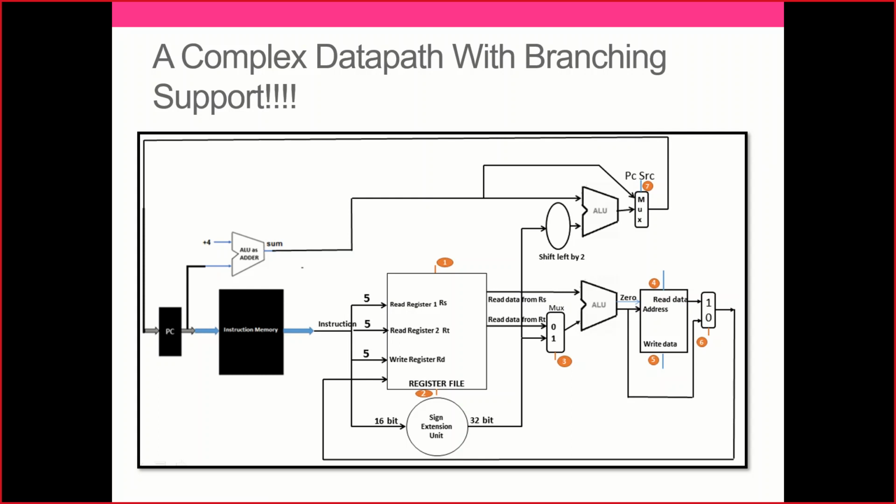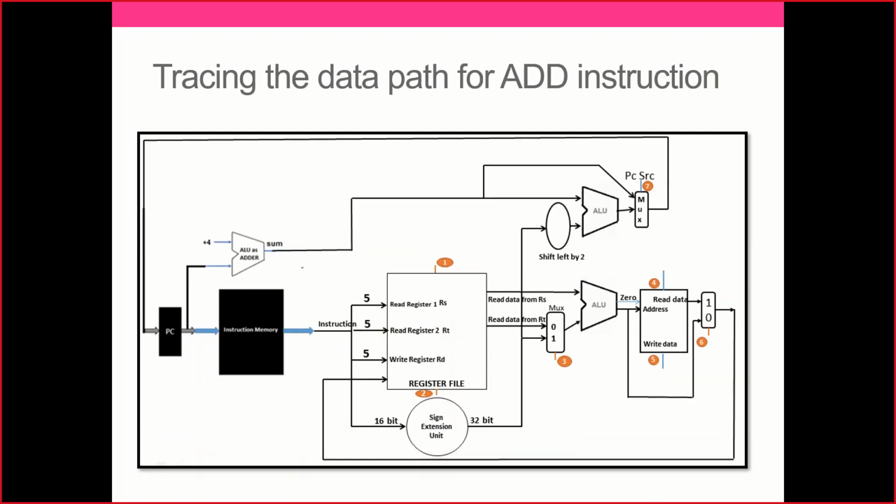Now the question would be very simple. They will ask you to trace the data path for the add instruction, and they may give you this in the question. Now how do we do that, sir? I'm going to do that step by step. Remember it. This data path should tell the examiner or the reviewer that these are all the components that are going to be used, and this will be the way things will be used. It is for the add instruction.